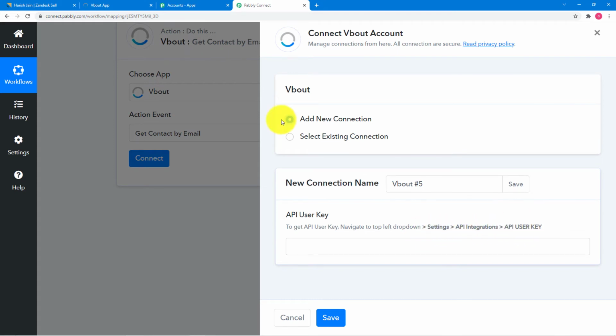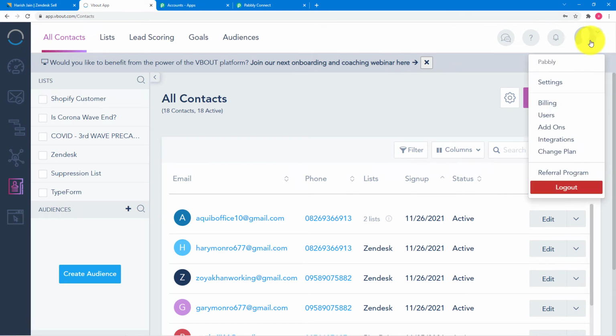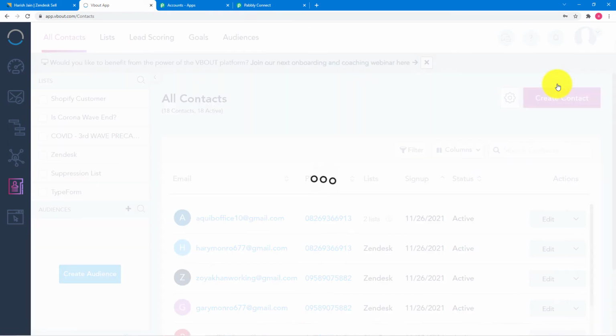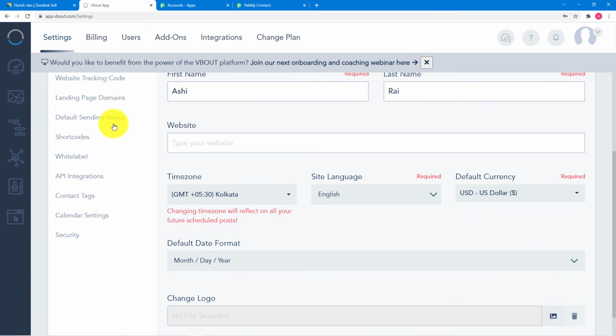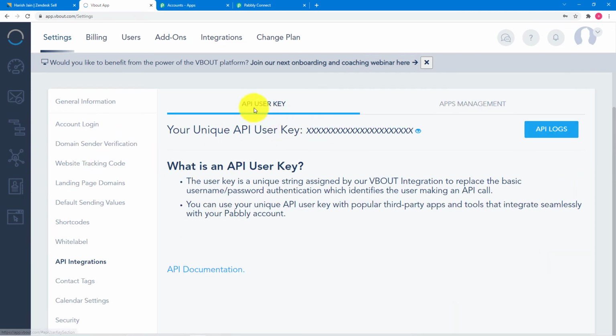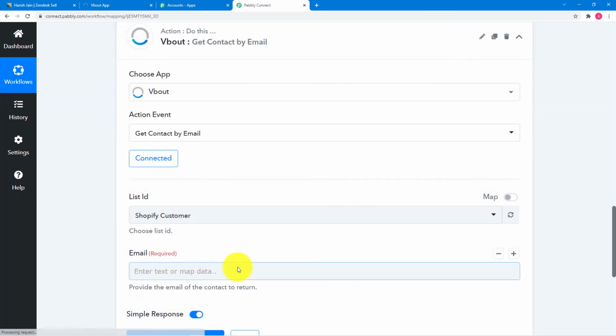Let me show you. This is our VBOUT, and here I'm going to click on this icon, and here you will find the settings. Click on it, and from this page you will find this API integrations option. Click on it, and here is the API user key. All right, so I'm going to copy this key from here, and paste it here in Pabbly Connect like this, and click on save,